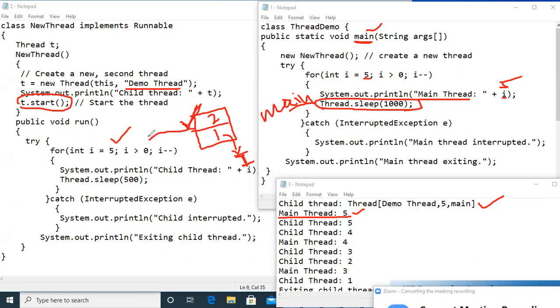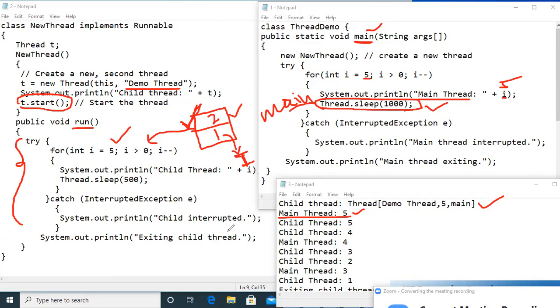The code the second thread should execute must be specified inside this run method. So when my main thread is sleeping, I run my second thread, and the code inside the run method will be executed.